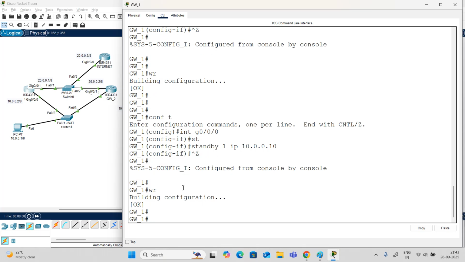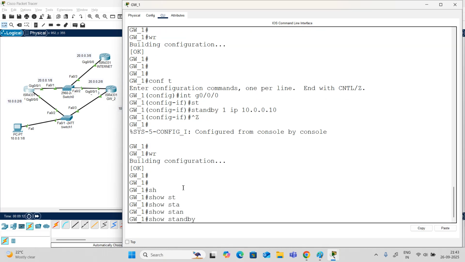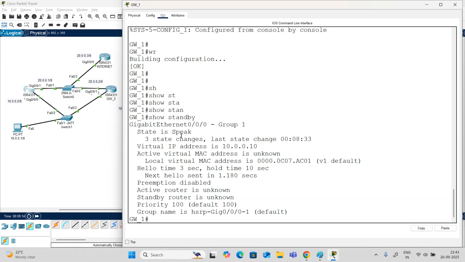HSRP is enabled. Show standby. You can see here it is in a speak state. Soon it will become active. You see, I told you, 07 AC, the MAC address 07 AC. It's here. And this is the